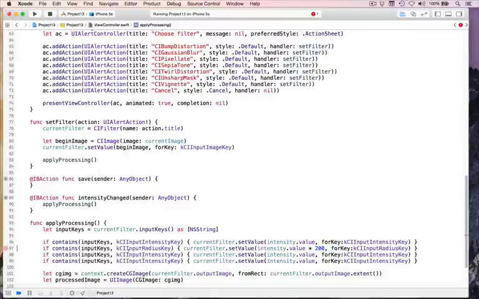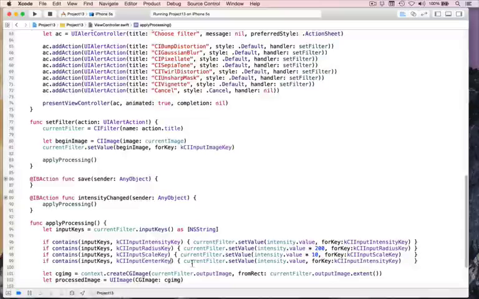That's number 2. Number 3, we're going to set input scale key. And it's going to be between 0 and 10 when it's possible, input scale key. And finally, if it supports input center key,